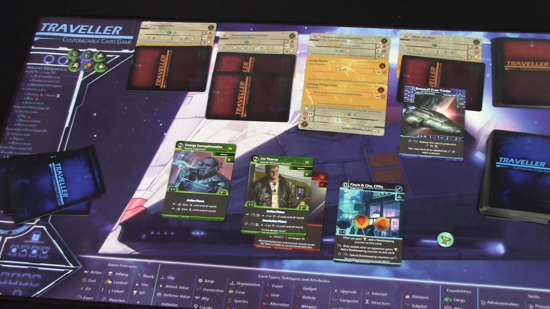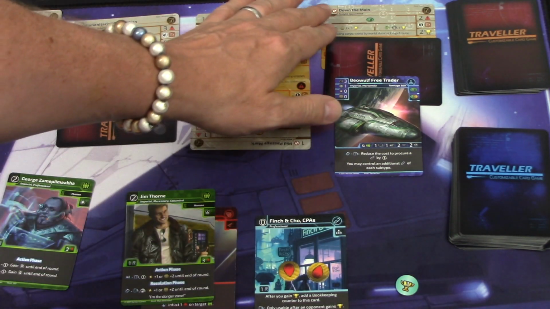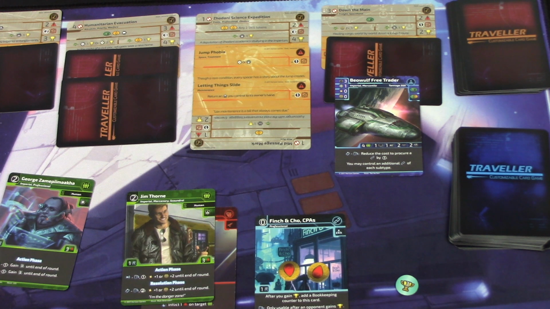The plan today is to finish off our playthrough of the first scenario of the Traveller Customizable card game. I hope you've enjoyed part one. That's given you a broad outline of how to play. Last time we travelled down the main and we've moved to the procurement phase, but